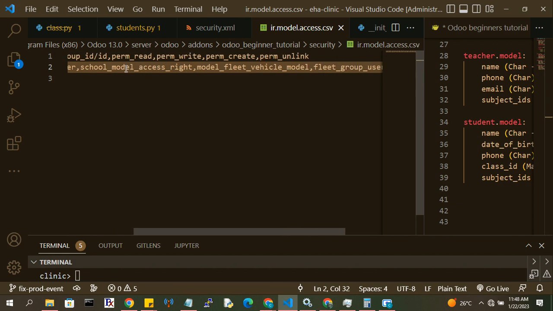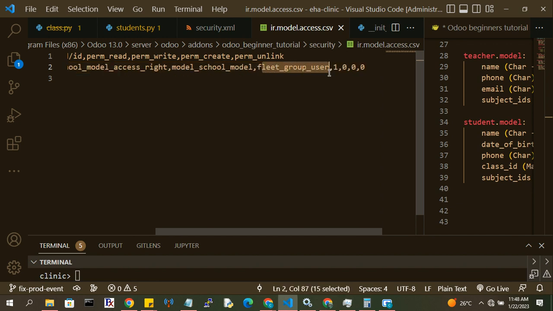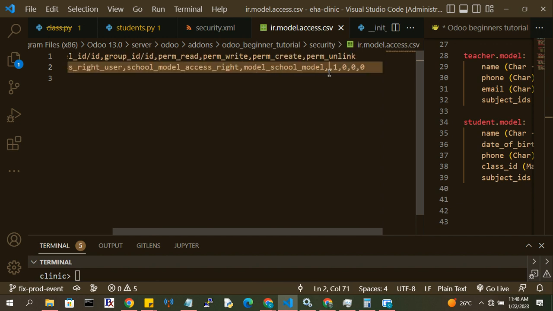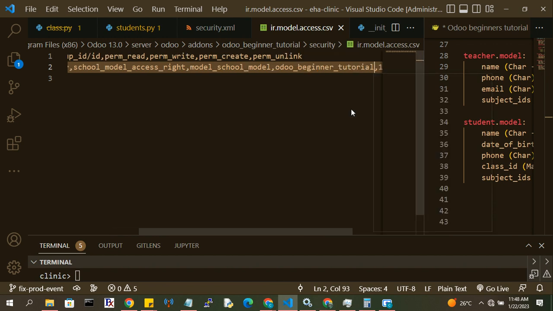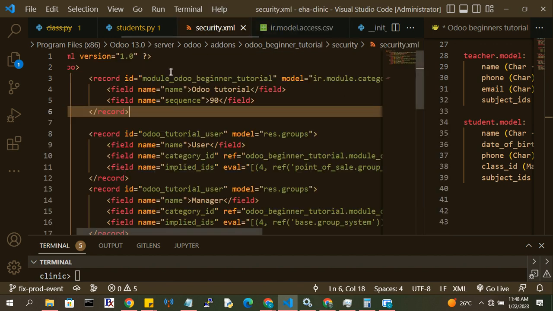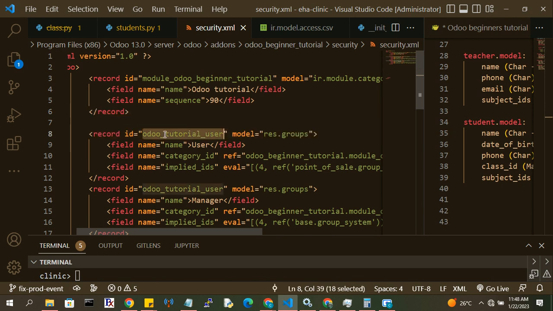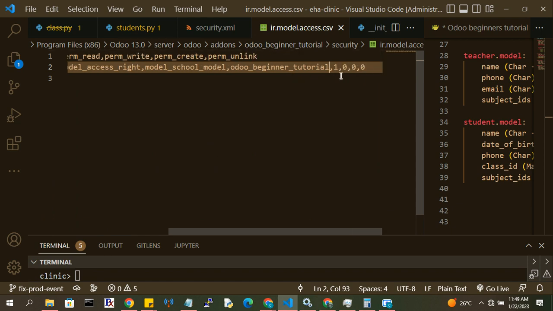So I'll also come to show you this. What I'm trying to do here is define access rights for each of my models. In this case, you put the name of the security, this user. I'm trying to make anybody that has access to user to be able to,